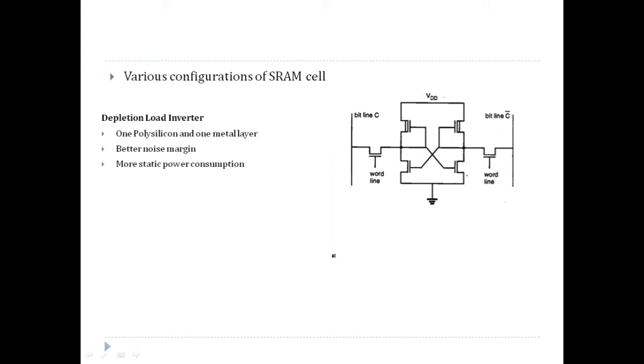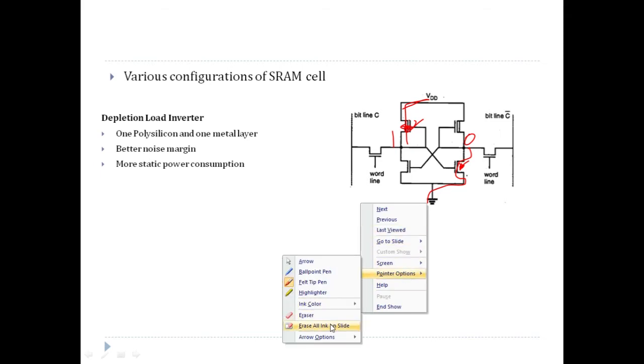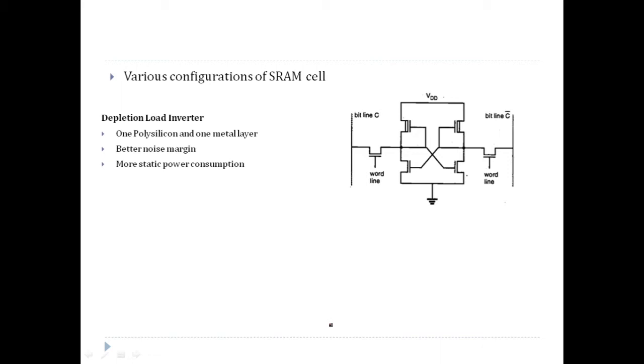Now there is a better noise margin, because when it is on, it presents very small resistance. So whenever you want to store 1 here, it will always be pulled high because the resistance is very small, so the drop will be very small. So the noise margin improves. Also, when it is pulled down, if you want to store 0 over here, then this is on, and the resistance of this transistor is very small when it is on, so it pulls down to 0. So its VOL is very close to 0 volt, so it has a better noise margin.